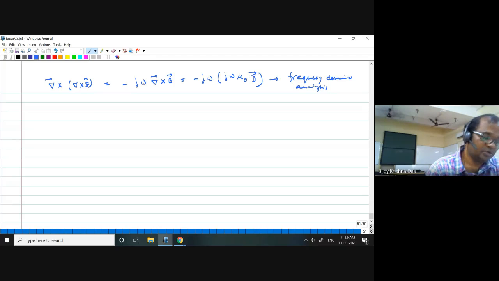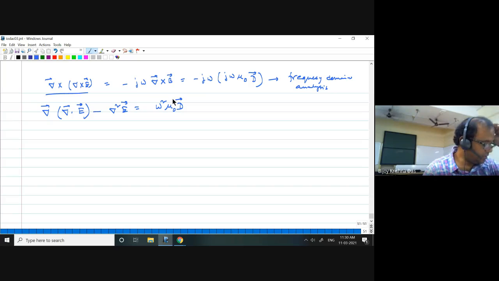Okay. So for frequency domain analysis, if you take this from the identity of a vector equation, you can write the left hand side. What can you write? You can write this one. So that is known. And then on the right hand side, I can write omega square mu 0 and D. Mu r you can consider 1, non-magnetic material. This I can write down as equation 2. So 1a, 1b, 1c are there. I just modified a little bit and got equation 2.